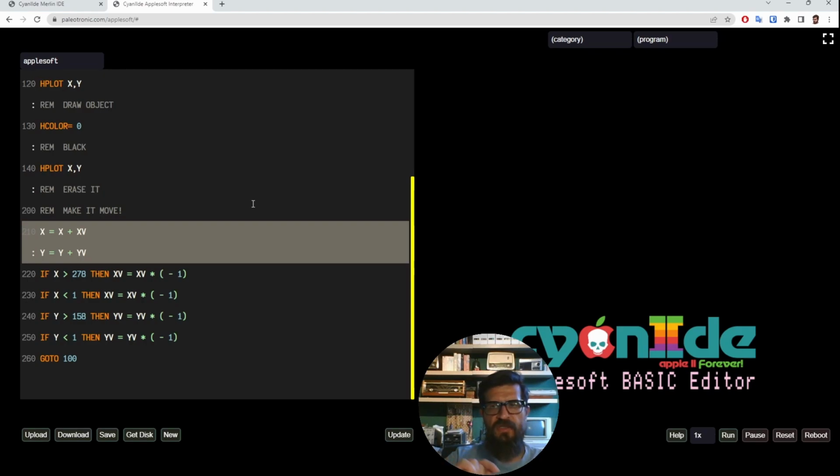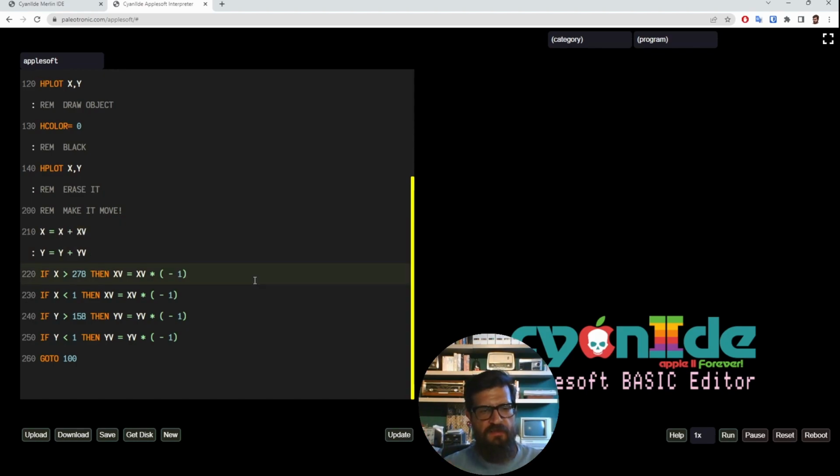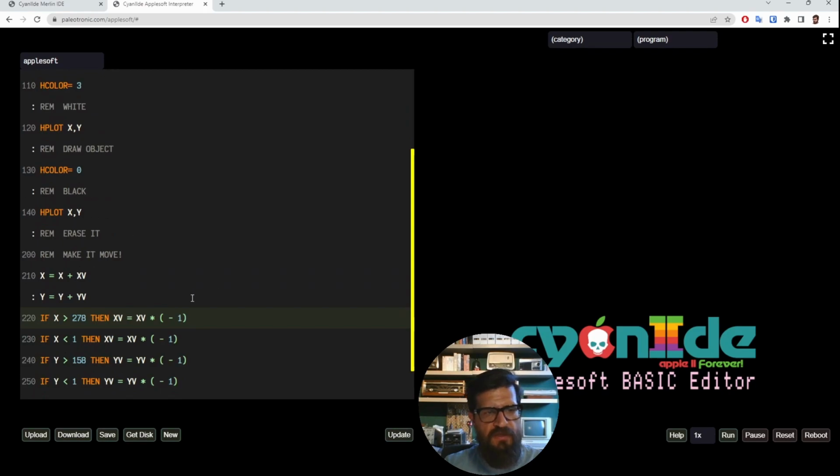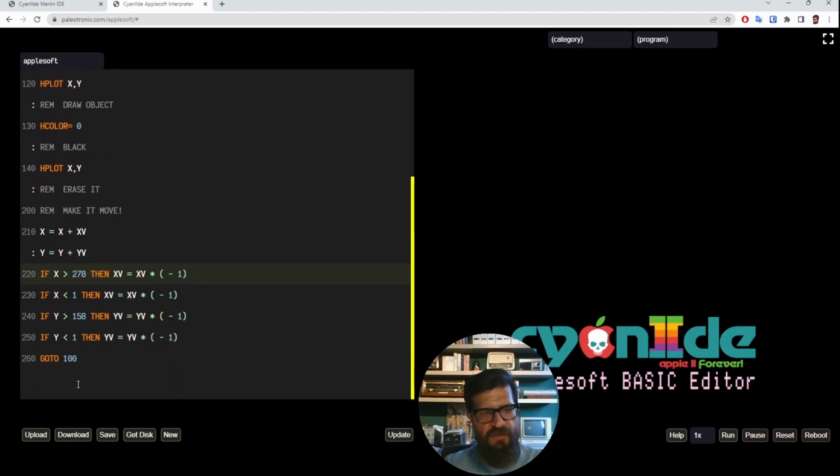As I mentioned, it is sort of bouncing, so it's going on diagonal until it hits one of the corners of the screen. One of the boundaries of the screen, right? Imagine the screen as a rectangle. Every time it hits one of the edges, it flips the diagonal either vertically or horizontally to move like if it were bouncing. So we draw the dot, we erase the dot, we calculate the next position, and then we